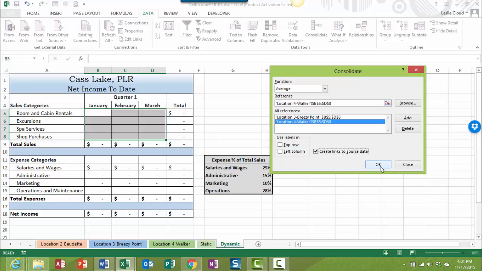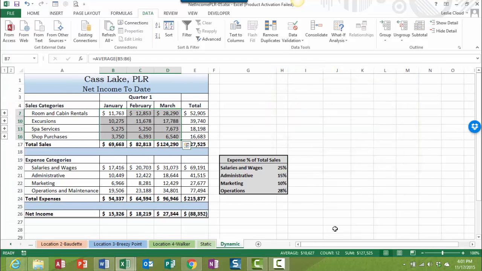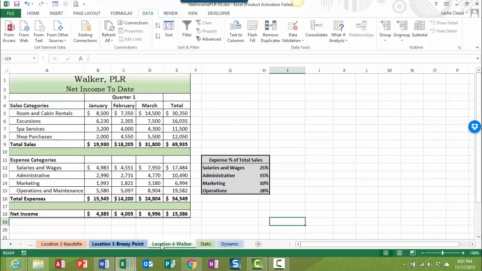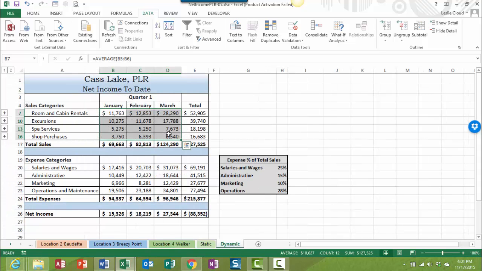So let's go ahead and click on OK. And you can see now that we have an average of the location 3, let's see, is the 15,000, and location 4 is 8,500. So it averaged those two things together and gave us this consolidation information here. So let's again take a look and see, just as an example. So remember this number,